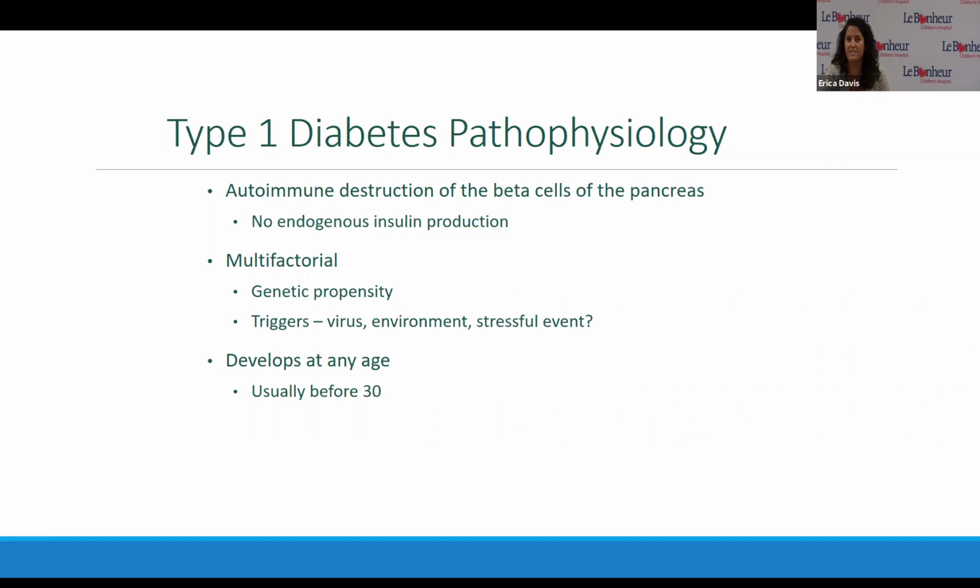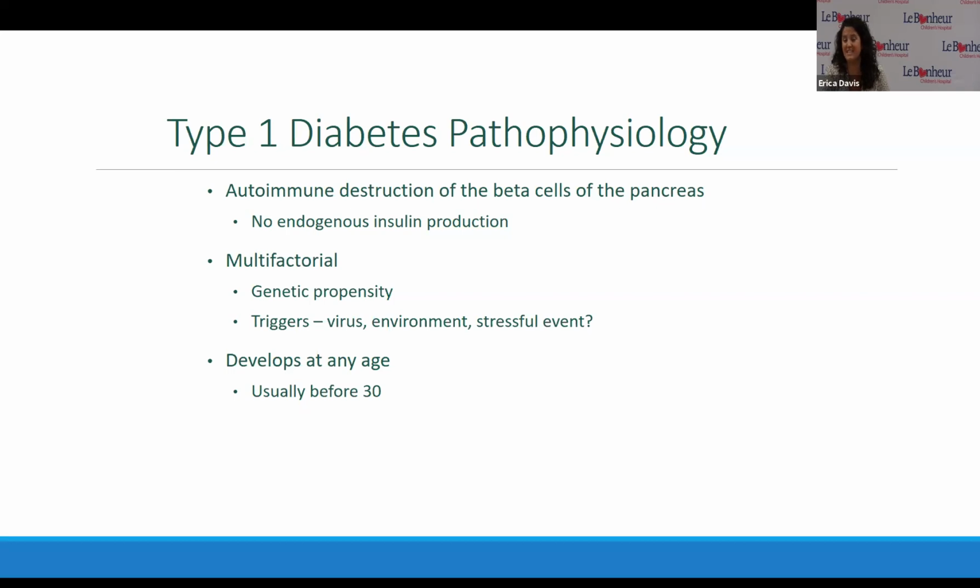We know that you can have that gene with an inappropriate coding and never actually get diabetes. So we see that there has to be a trigger as well. Viruses, we think, could be a trigger. We might see certain things in the environment. At one point, we thought that a stressful event in life could lead to a diabetes diagnosis, but now we're not as sure. This is where that confusion about what causes diabetes comes into play. We know that there are genes and triggers. We just don't know exactly what serves as a trigger and why.